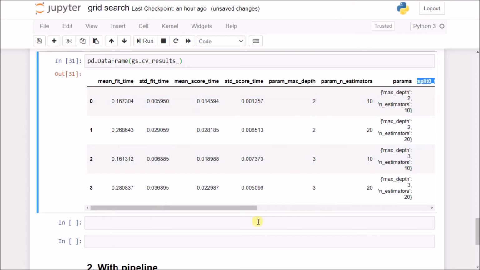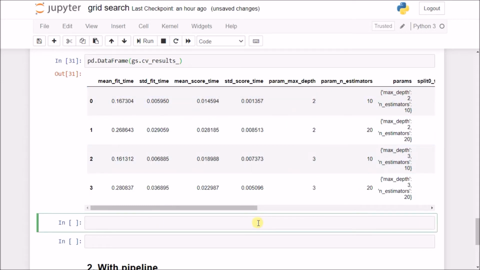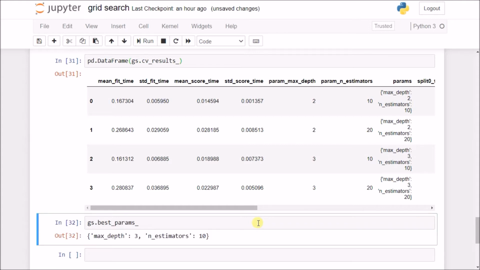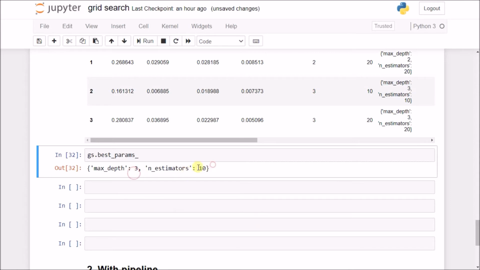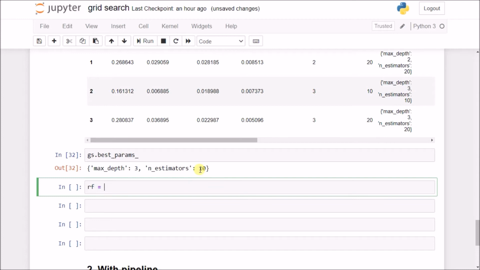If I want to see the best performing model, I can say gs dot best params, and this will give me the best parameters of 3 and 10. And if I want to use these to get the best result for my testing set, I can make another model called RF, and here I can pass in a few parameters.